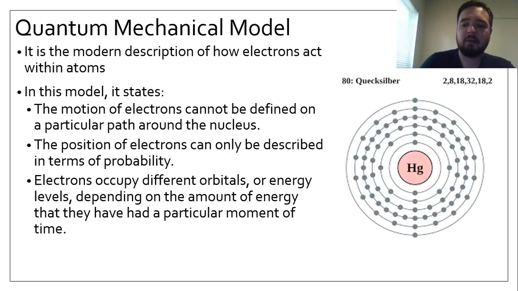So we take kind of like a mercury atom here. In the Bohr model, it said that all of its electrons are in this particular place. Now, it is true that only a certain amount of electrons can be in one orbit or orbital at a time. So like the first orbit right here, there's only 2. And that's due to the energy or the probability of how close you can put electrons together near the nucleus. As you get further and further out, you can pour more and more electrons into a single orbit or orbital